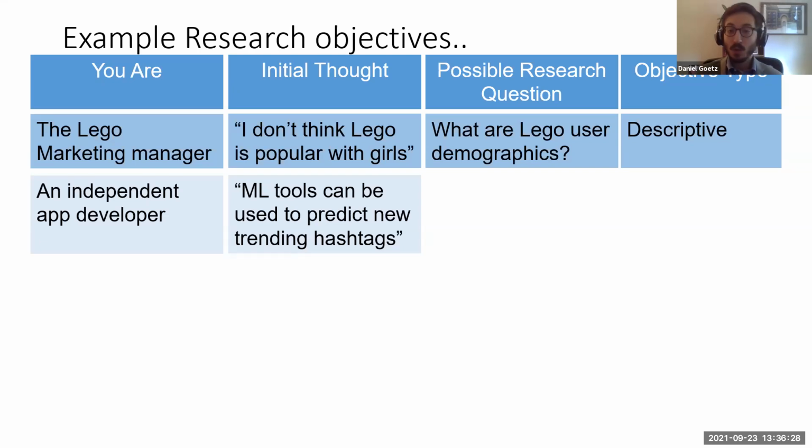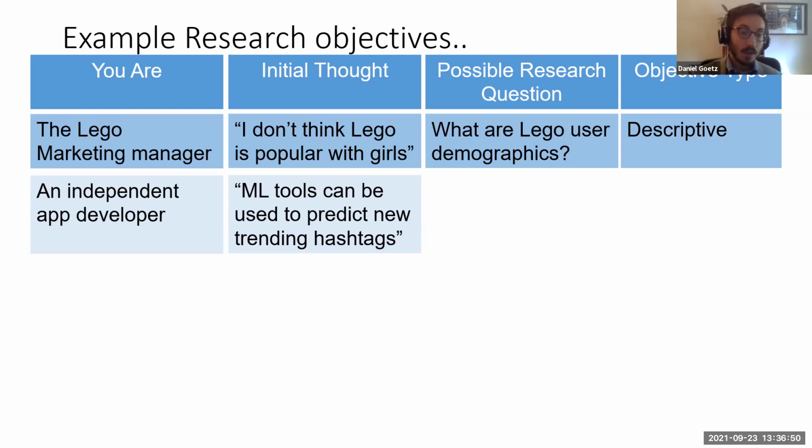Perfect. Jeremy says, does it work, right? So do these statistical tools actually perform to predict a trending hashtag, right? So that feels almost like an exploratory question, right? Like, yeah, there's this thing and it's supposed to work well, but will it work well in this context of predicting hashtags?